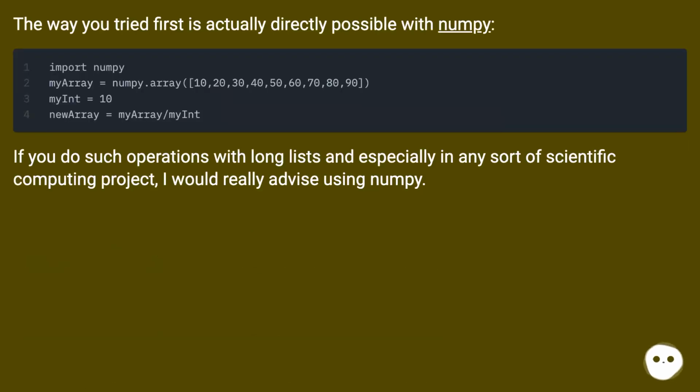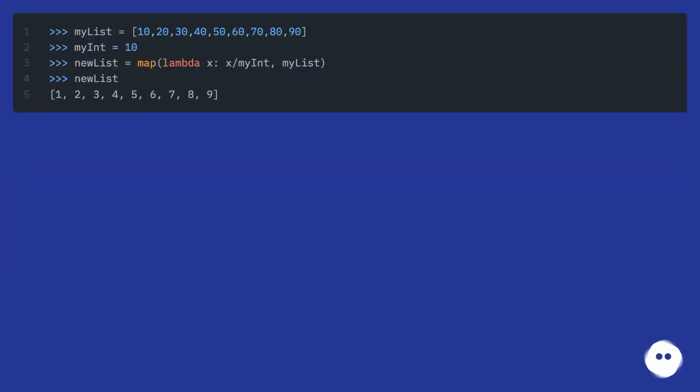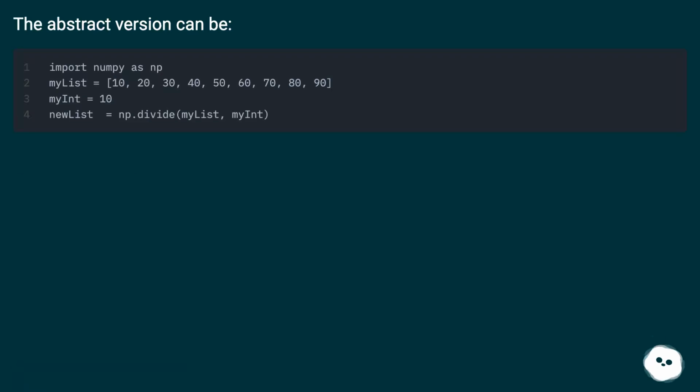The way you tried first is actually directly possible with NumPy. If you do such operations with long lists and especially in any sort of scientific computing project, I would really advise using NumPy. The abstract version can be